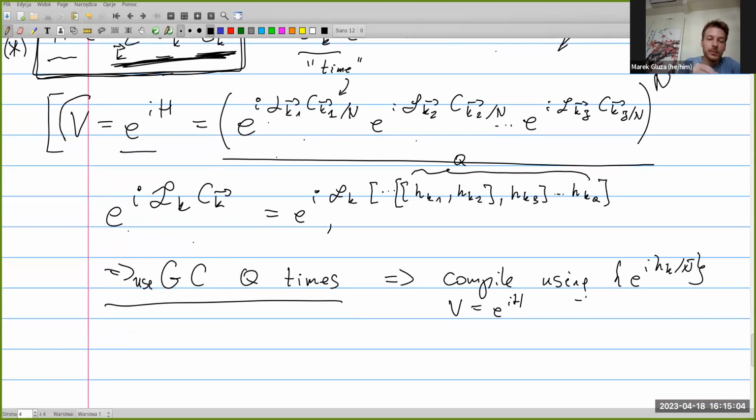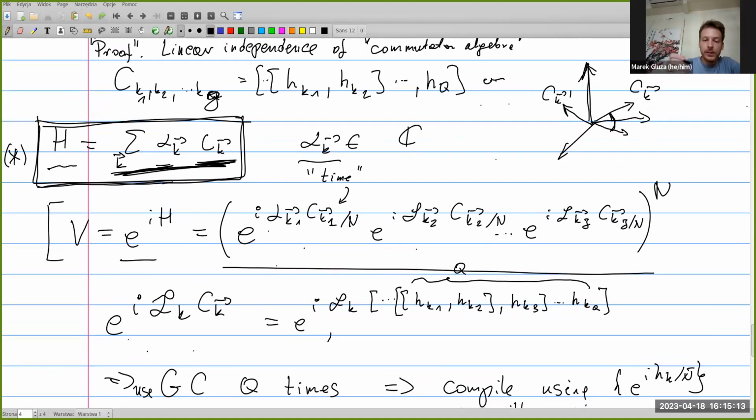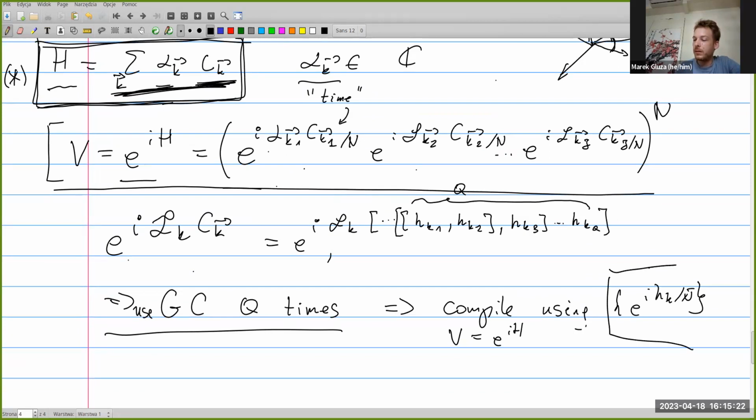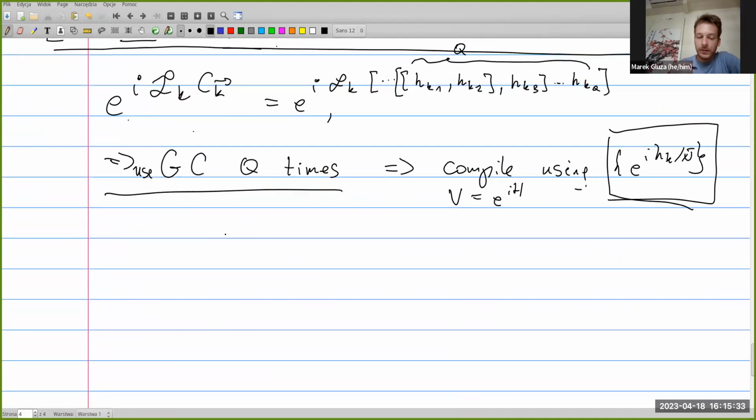If you would ask me on my powerful quantum computer to engineer this kind of evolution, I would have to understand many things, but I would know how to use Trotter-Suzuki decomposition to start with very simple gates, maybe just small interactions here and there, to engineer any evolution. Because it's a tutorial, I will not finish the thing, but an example